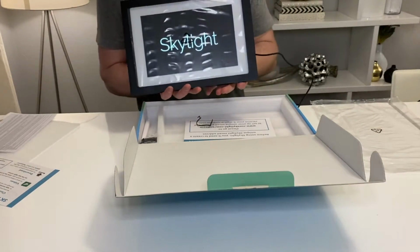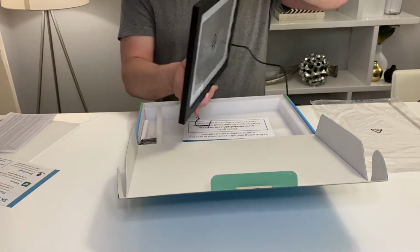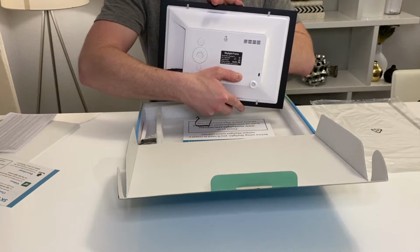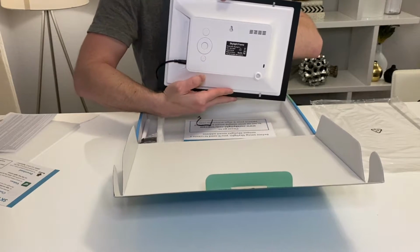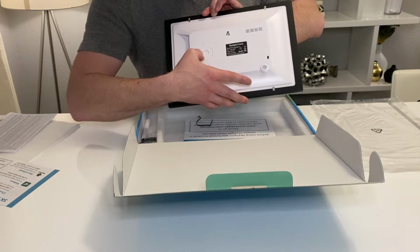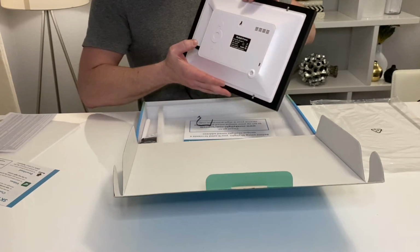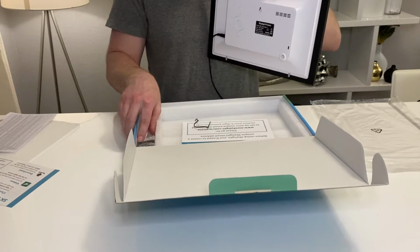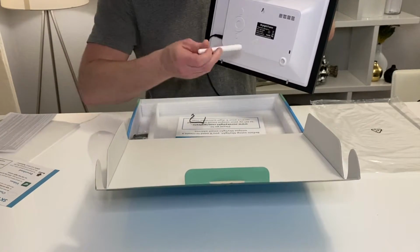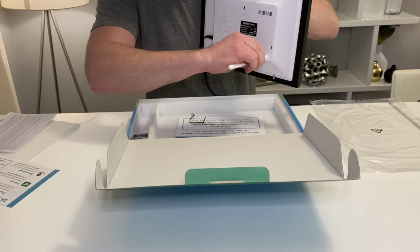And it's powering up. There's a couple little buttons on the back. I'm sure it'll walk me through what those are for here in just a second. There is a power button, forward, backwards, sound, play, and a menu button right there. It also looks like it comes with a nice little doodad here to help keep it